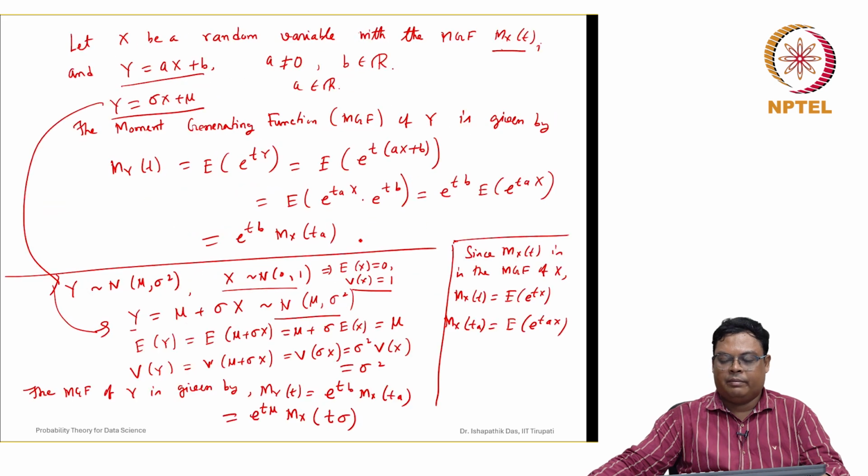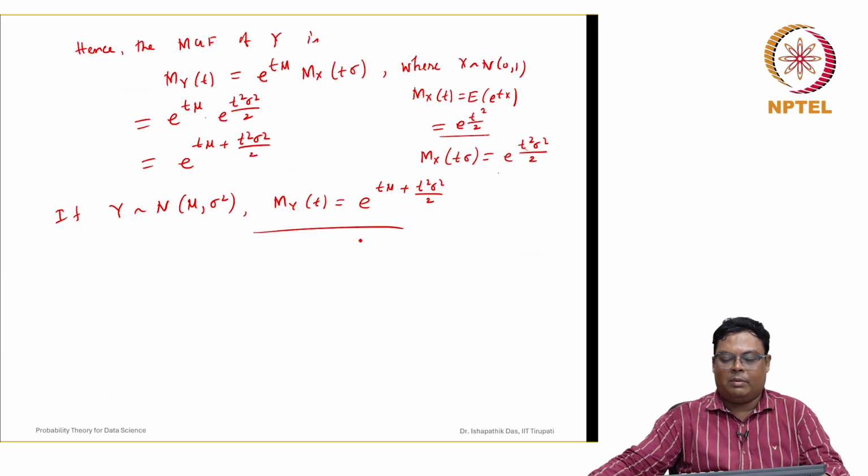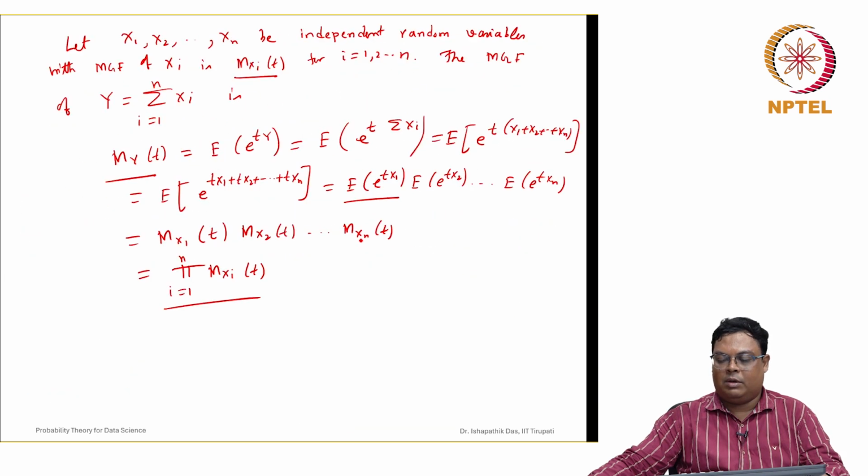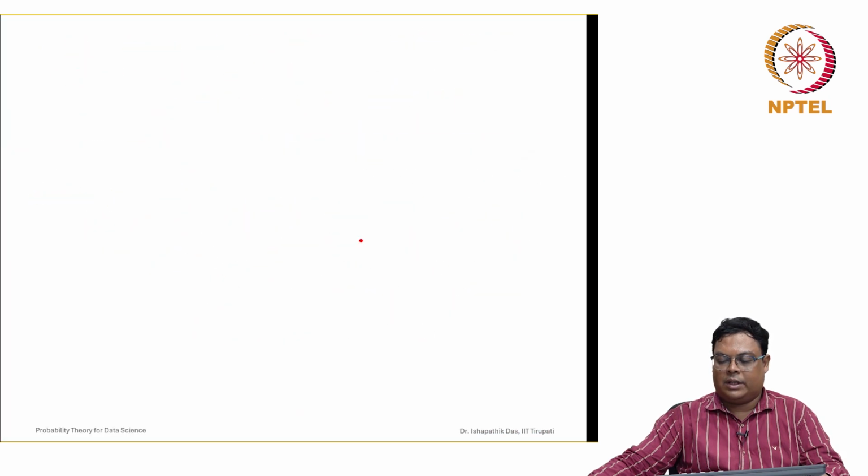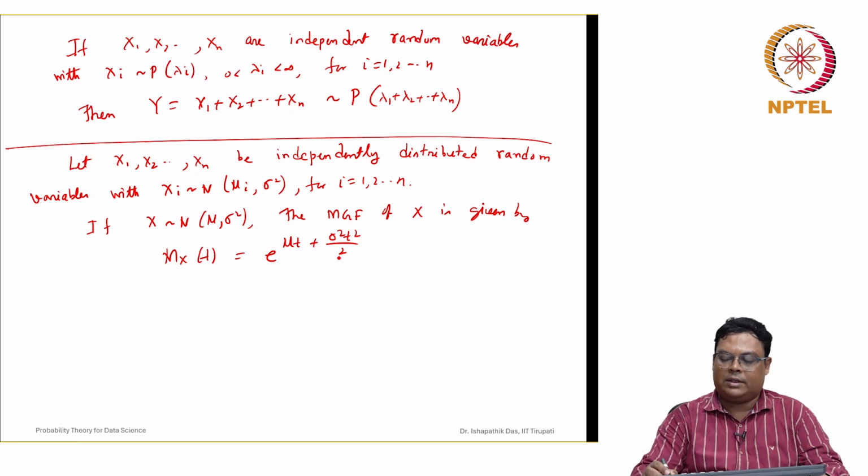So whenever Y is normal with mean mu and variance sigma square, then the MGF will be e to the power of t mu plus t square sigma square by 2. So that we have written here. So hence